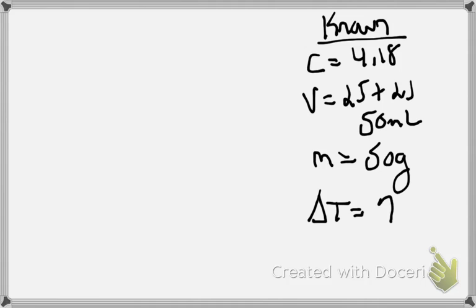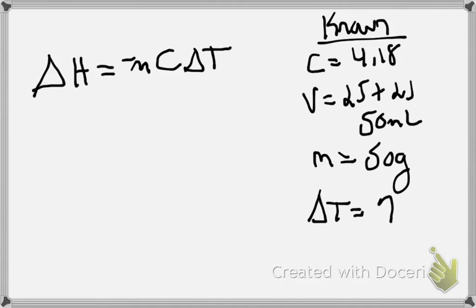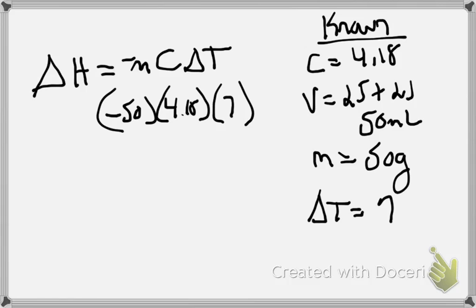So then I just plug that in, and it's releasing heat, so that's a negative delta H. So delta H, which is the same thing as Q, is negative m c delta T. So I wind up with, my mass is 50 grams, specific heat of water is 4.18, and the change in temperature is 7. So I wind up with negative 1,500 joules,